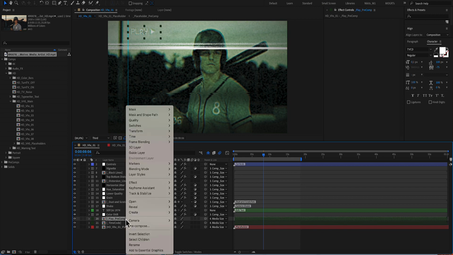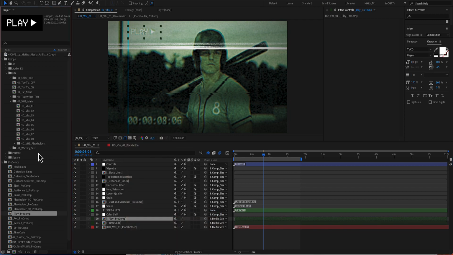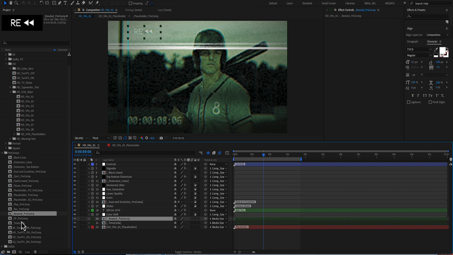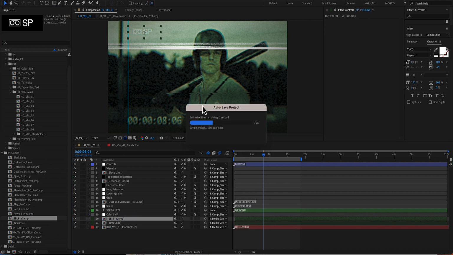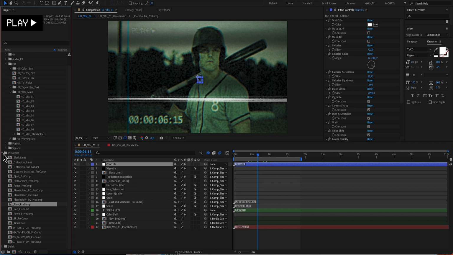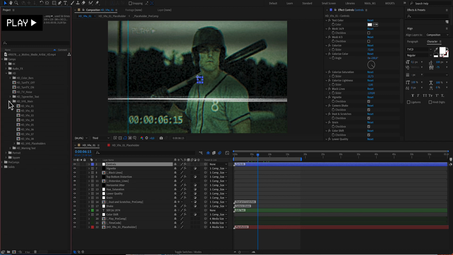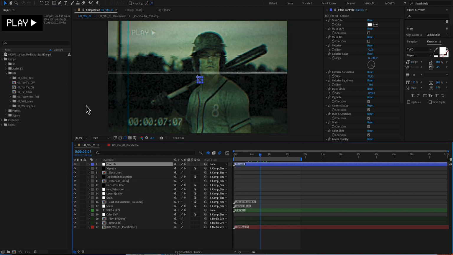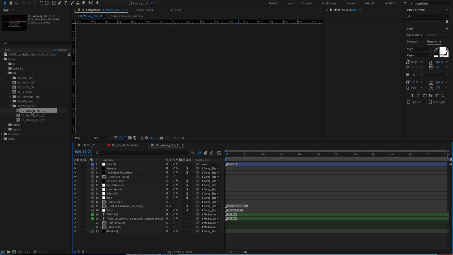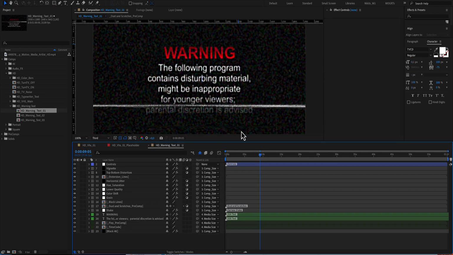By selecting the play comp and go to reveal layer in the project window, you can see that you have a rec button here, rewind and an SP. All these effects will help you make a unique VHS result, whether that is for an HD or a 4K format. Additionally, of the VHS main folder we were just explaining, you have a warning text, as you see here,